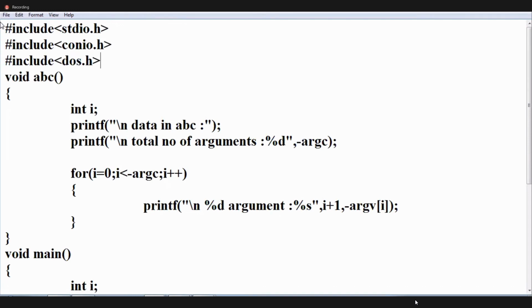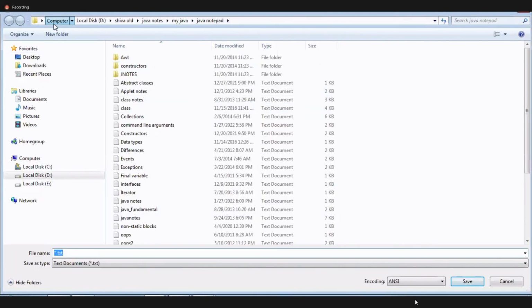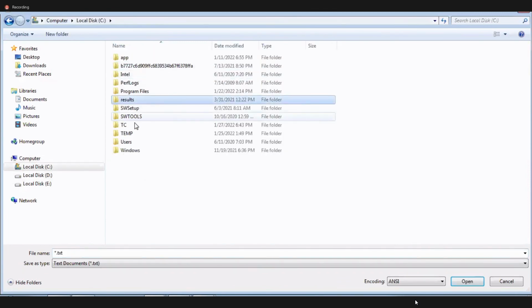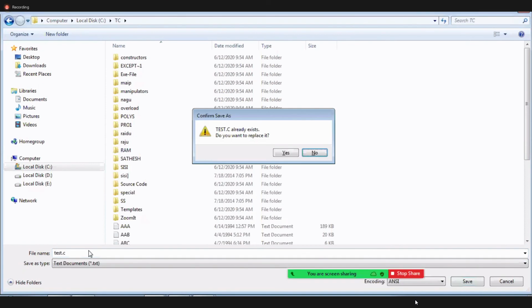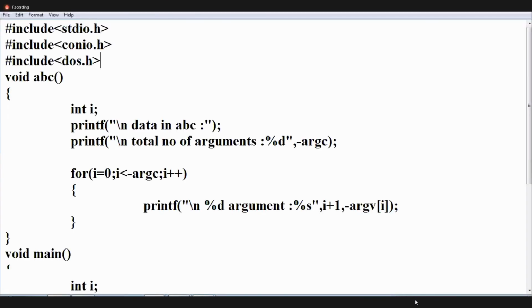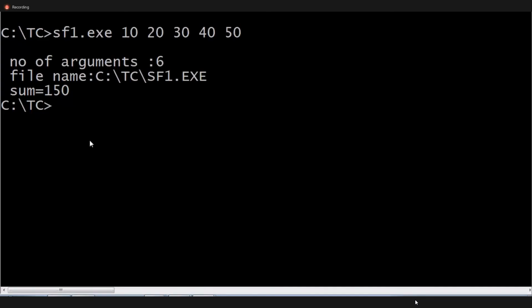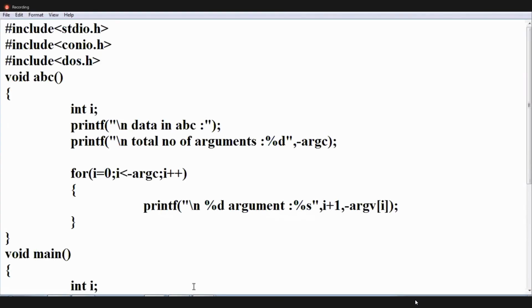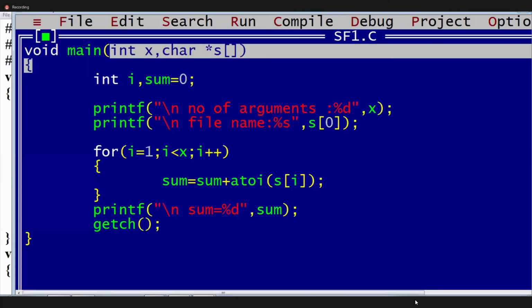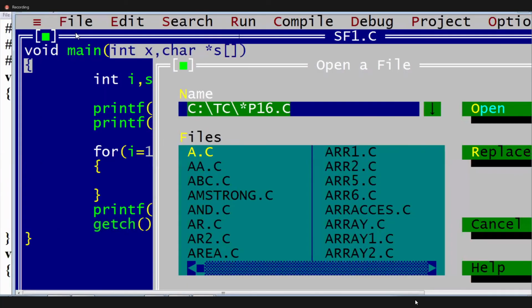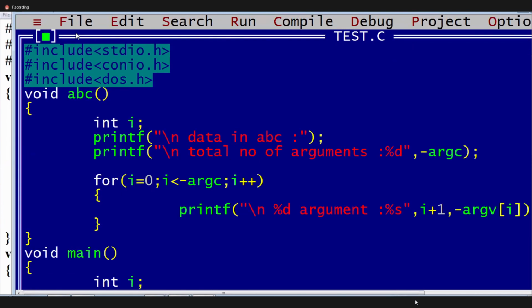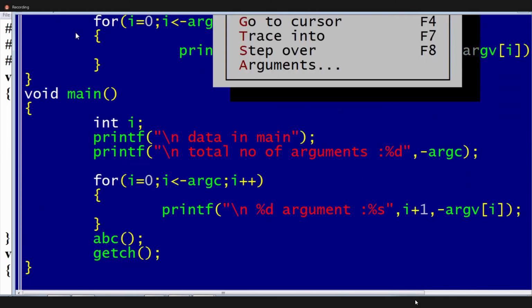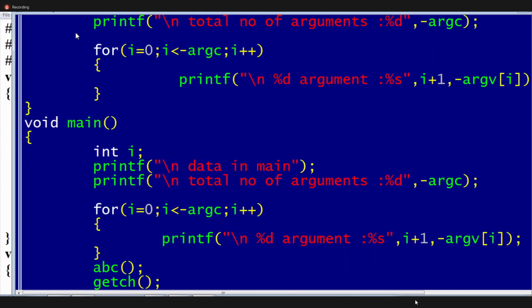Save this file as, here I want to save in the tc folder only. In the tc folder only I'm saving it as test.c. Once it is already there, no problem, execute it. Go on, check it. Go to file, open test.c. So we have declared, guys, the function. Once we execute here, 4 errors are there. argc,